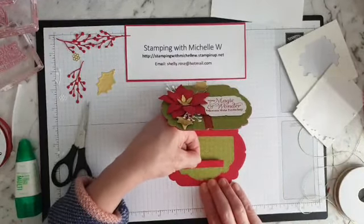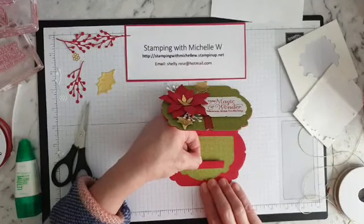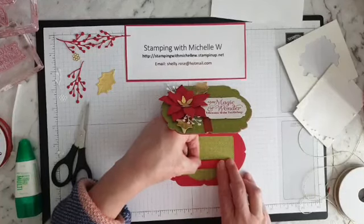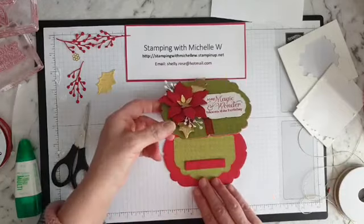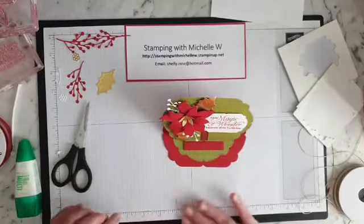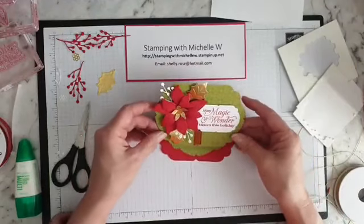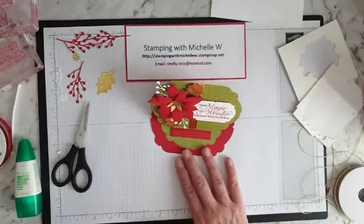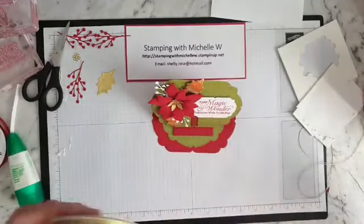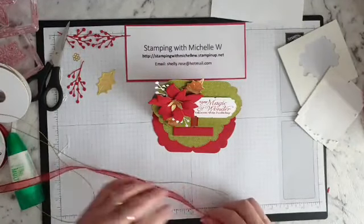But so all I'm going to do is I'm going to pop that, so pop it down and measure it to where you line it up between the lines. So I use my grid, and then once you've got it where you want it, that should be your little stopper for your little card, to hold that up. So if you can see that. And then the last thing I'm going to do, I think that's the last thing, apart from putting the rhinestones on, is I'm going to attempt to do a bow using 2 pieces of, so I'm using a piece